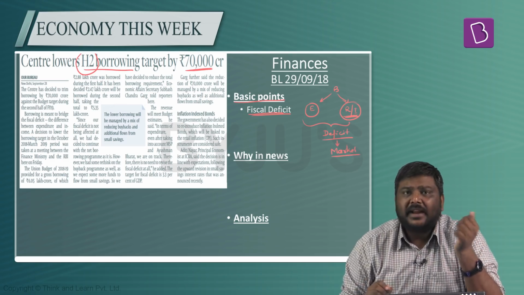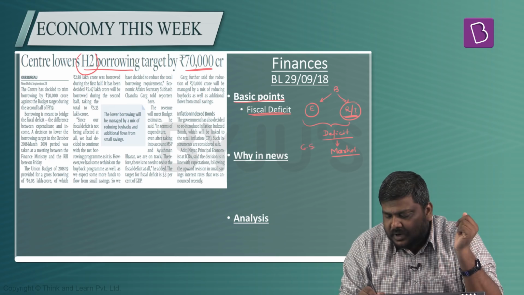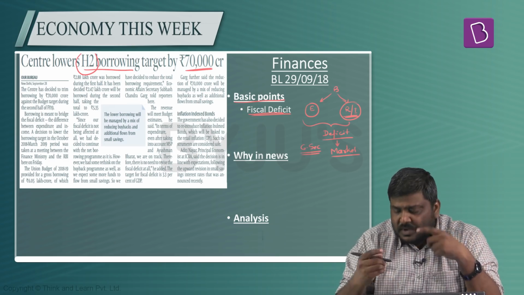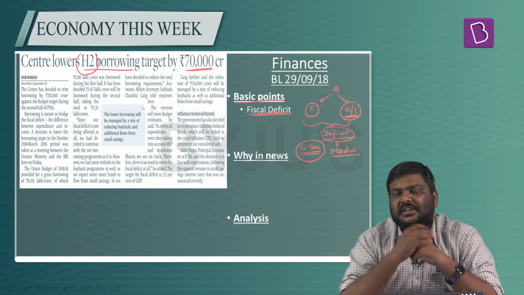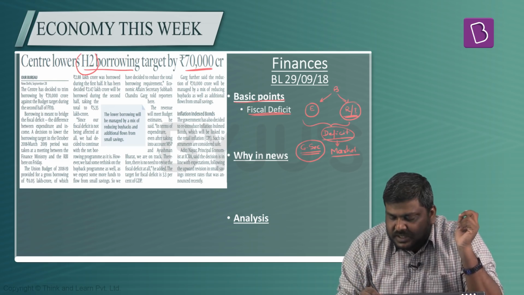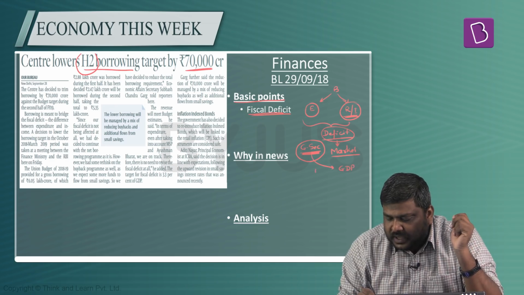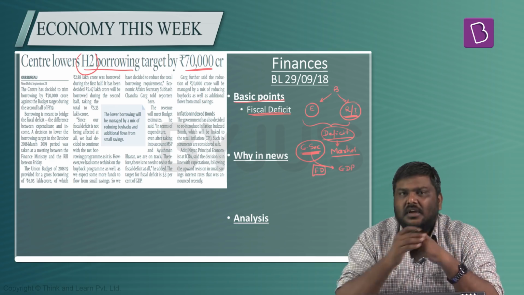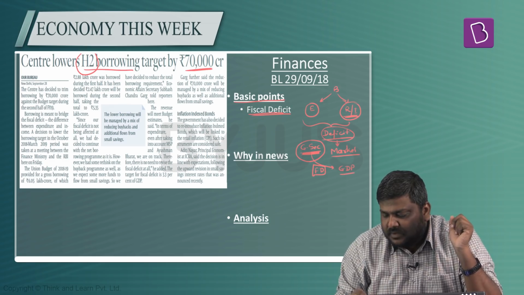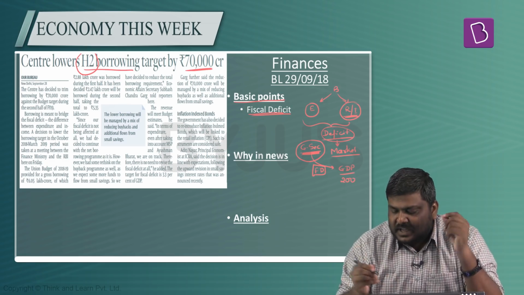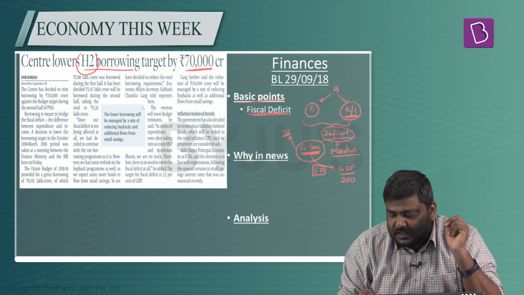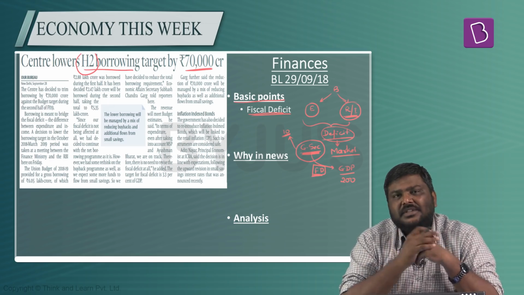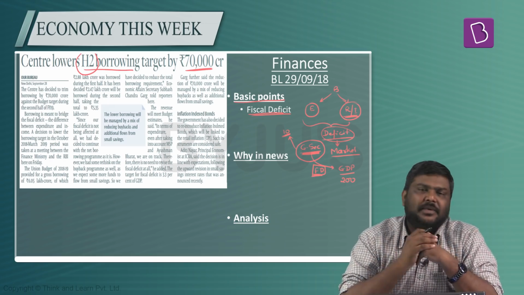How does it borrow from the market? By issuing, let's say, government securities. How much of these government securities are issued depends on how much is the deficit. And these G securities which are issued, when measured against GDP, is called the fiscal deficit. Let's say hypothetically, our GDP value is 200 rupees and we have decided to issue 10 rupees worth of G securities. Then basically the FD will be 5%. So this is how the fiscal deficit will be calculated.